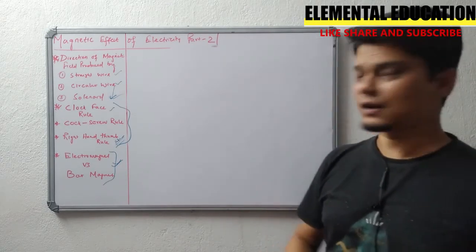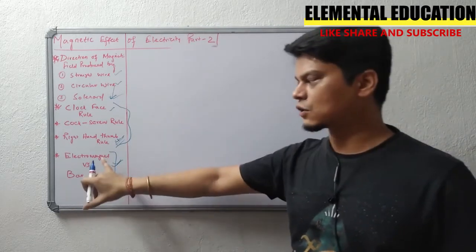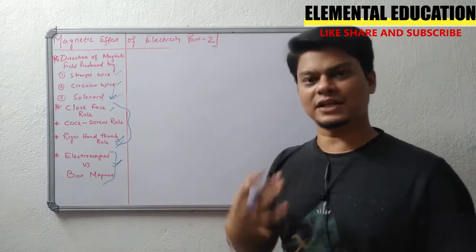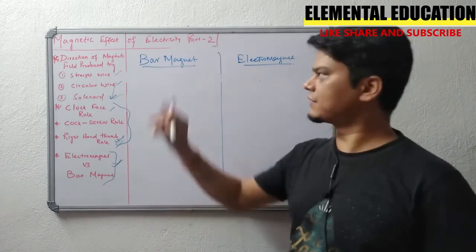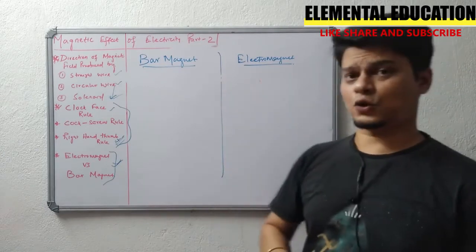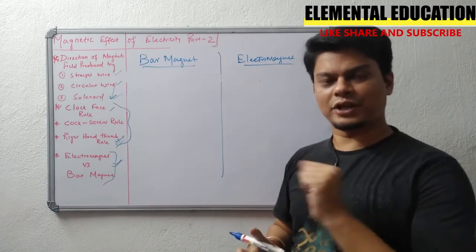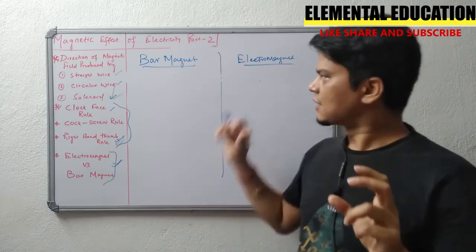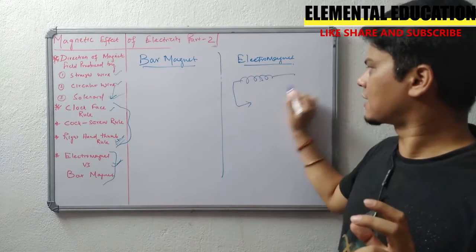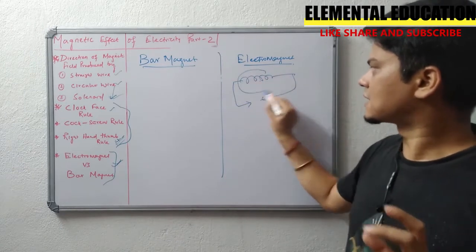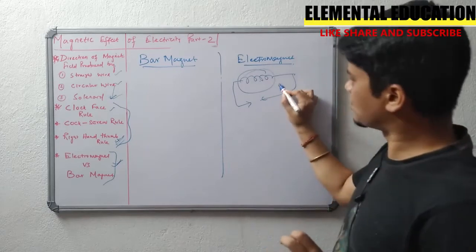Now we will be going for electromagnet. This is our last topic for this video, electromagnet and a bar magnet. What is the difference between them? So our last topic will be the difference between a bar magnet and the electromagnet. We have understood what is an electromagnet. That is a temporary magnet which, when there is a coil or turns of coil, we are giving a current through it. That means this coil will exhibit some property of magnetism, that is known as electromagnet.